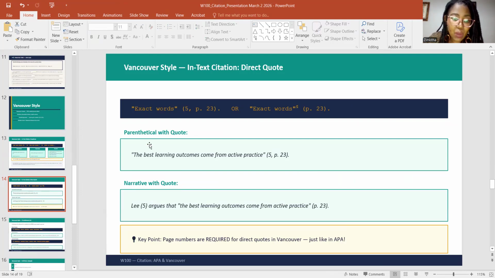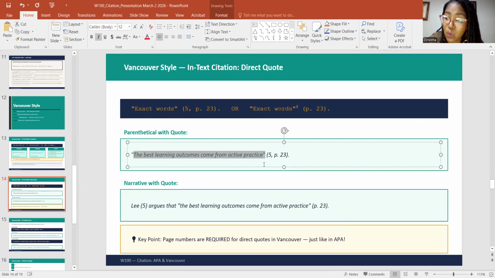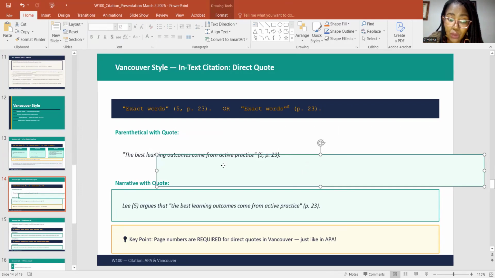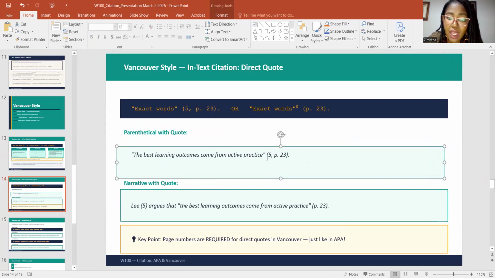How do we do a direct quote? Open quotation marks, write down the sentence word for word, verbatim from the source, close quote, open parenthesis, number 5, which is source number 5, comma, page number 23. This means this source will be listed as source number 5.